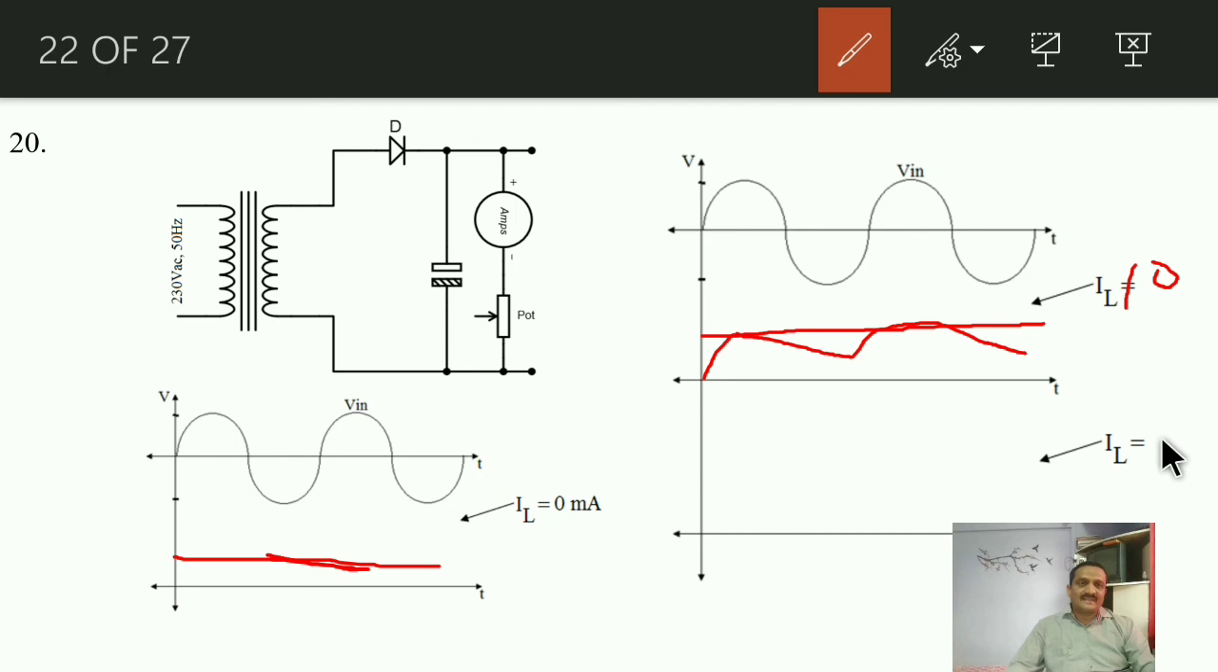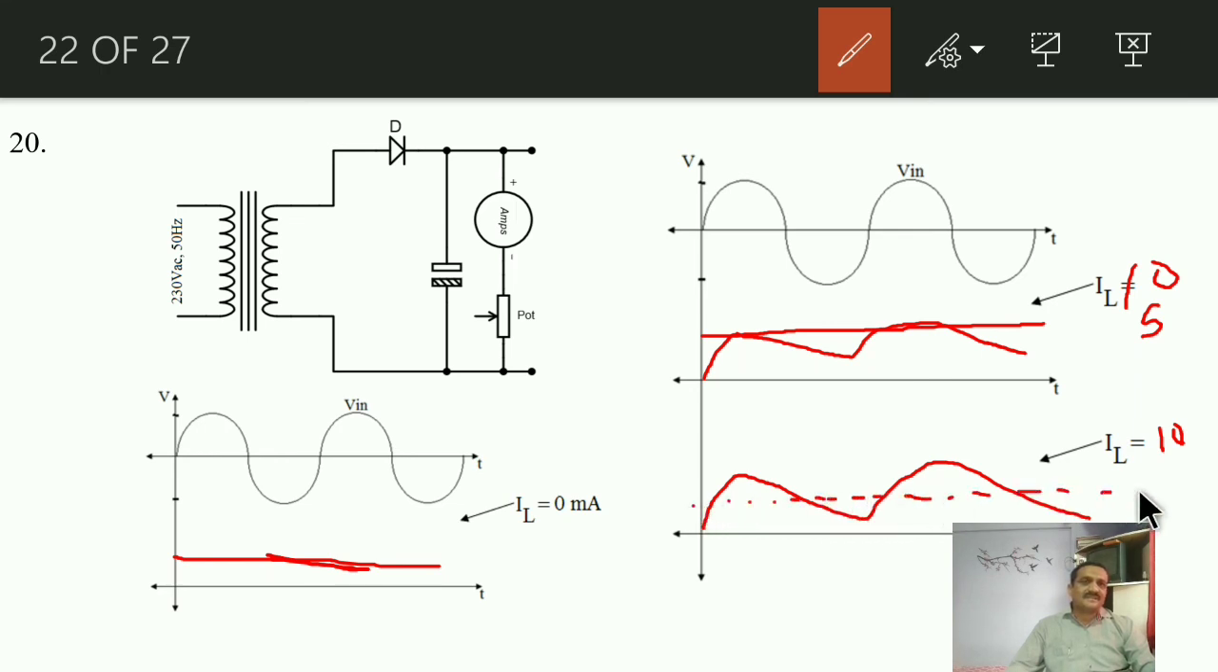Whenever you want to increase this IL, suppose it is at 10 milliampere now, previously it was 5, that means more and more current is flowing through the load resistor. That means there will be more and more discharge of the capacitor. That means the peak to peak ripple will get increased, and hence the average value,